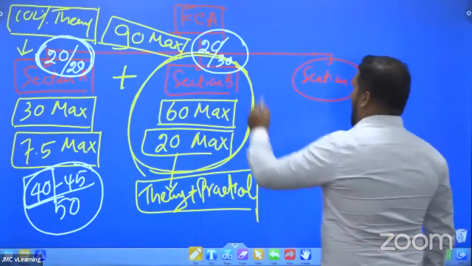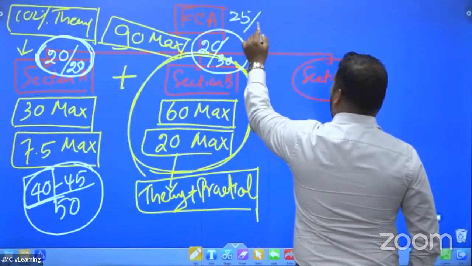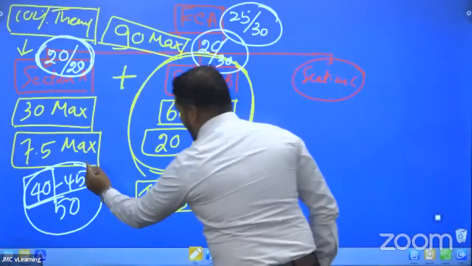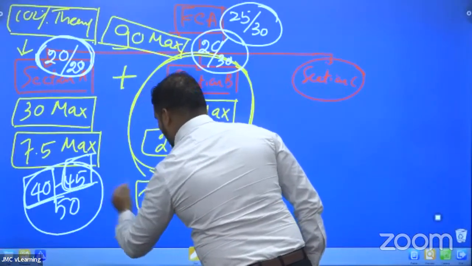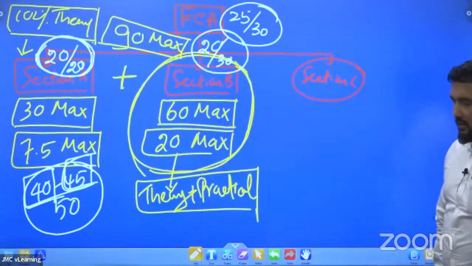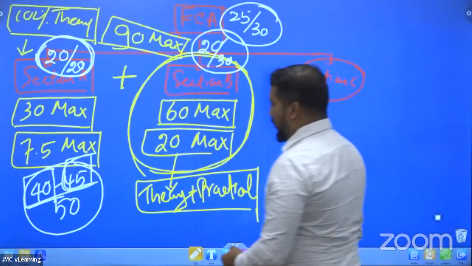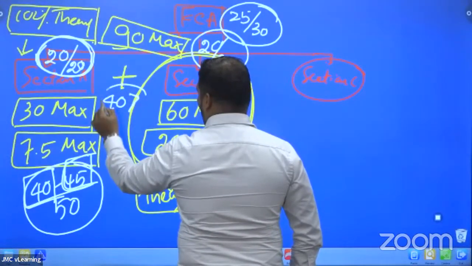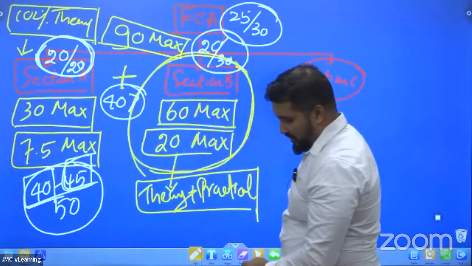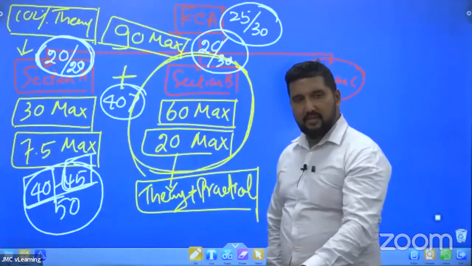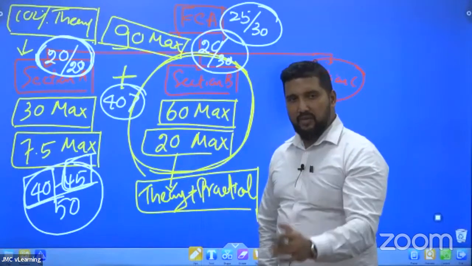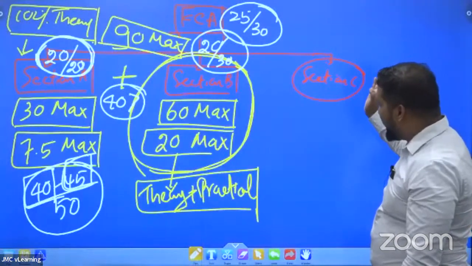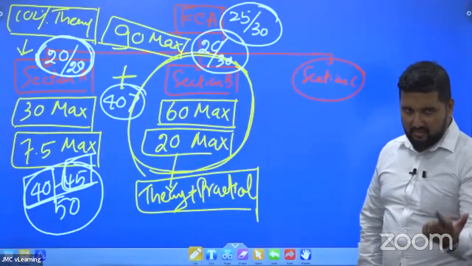Agreed? If you can obtain another 5 marks more for section B, then you will be reaching the top. Okay. Remember, if you can score more than 40 for section A and section B, I would say you should not worry about the final result. Because anyway, cutoff mark would be 50. If you obtain 40, then you will be having another 50 marks to obtain the 10 marks, which is quite simple.